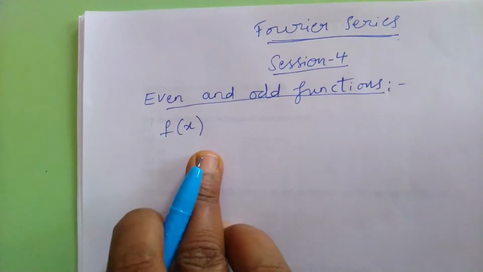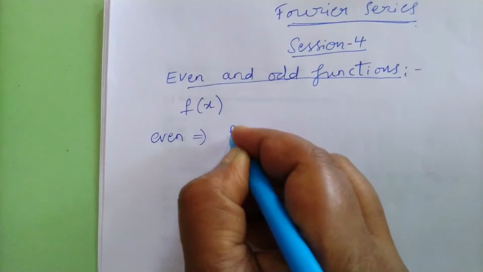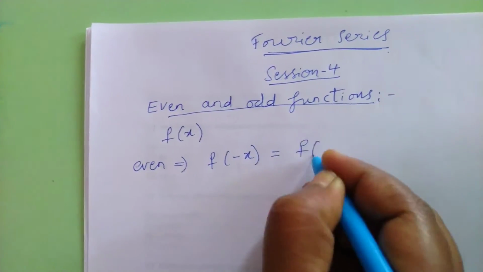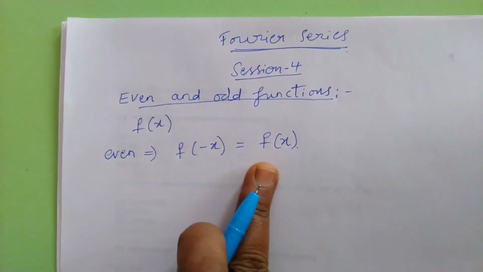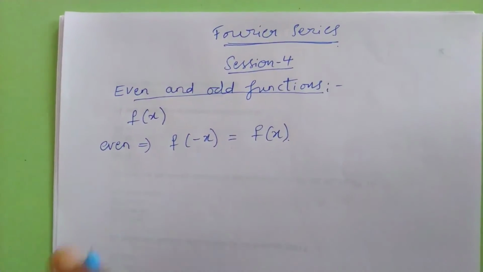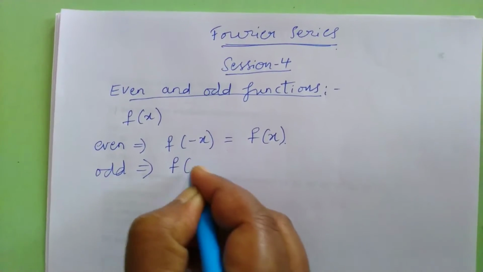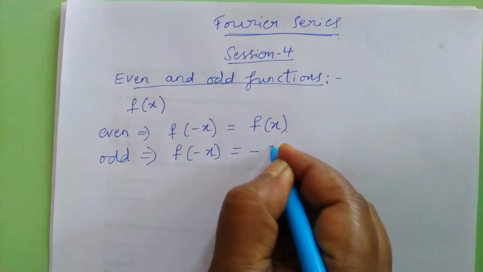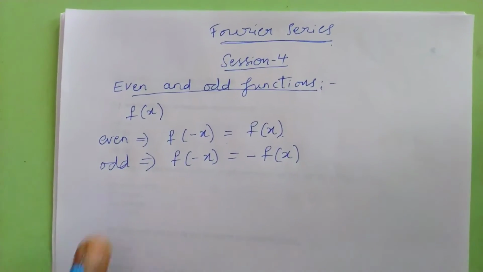The f of x function is said to be even if I take f of minus x, then I need to get f of x. If I consider f of minus x, the answer is f of x, then that function is called an even function. And if I want to find out whether the function is odd, if I consider f of minus x, then if I am going to get minus of f of x, then that function is said to be odd